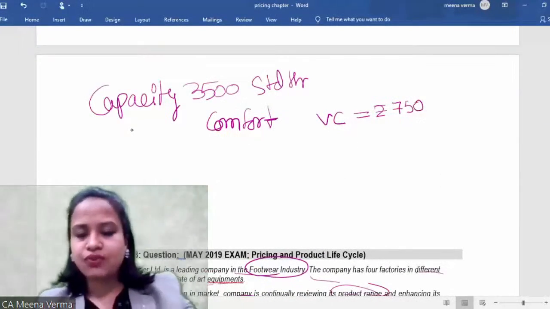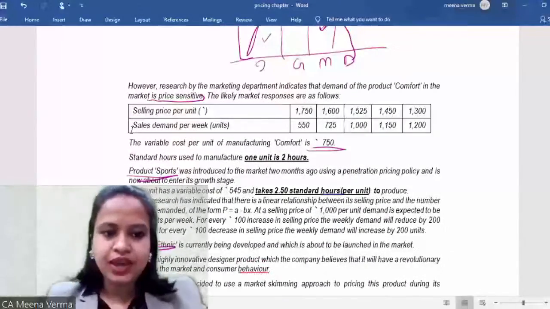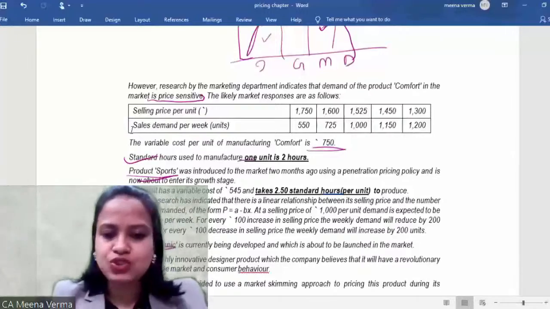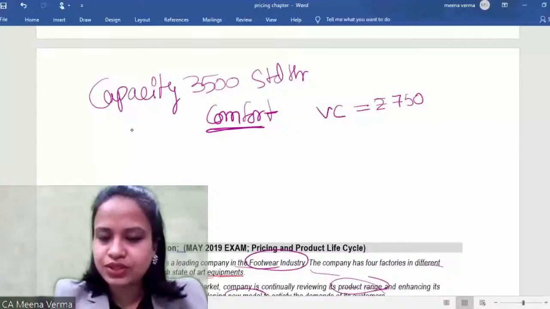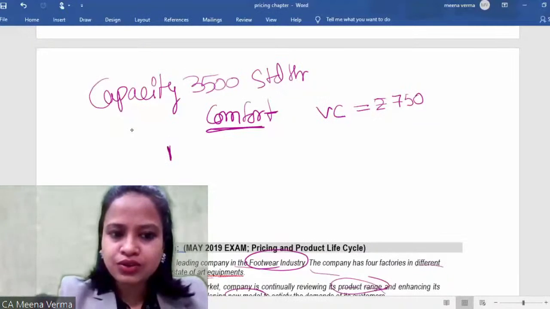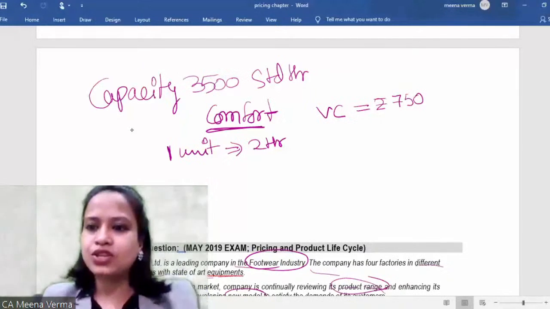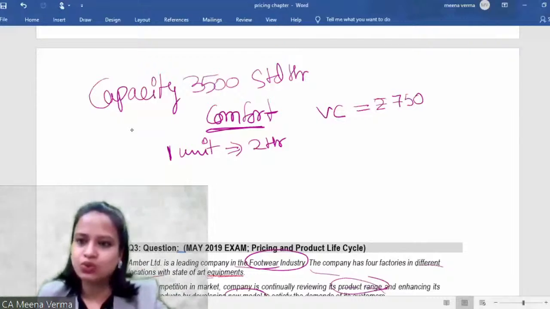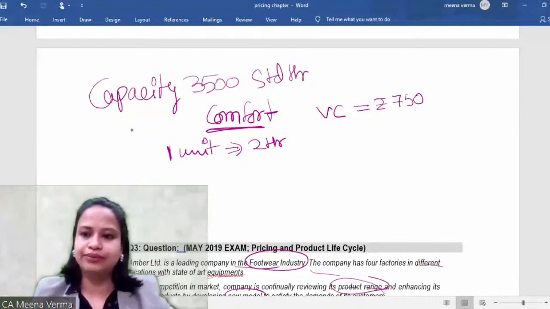Okay, and the standard hours to manufacture 1 unit is 2 hours. For the production of 1 unit you need 2 hours. Okay, next